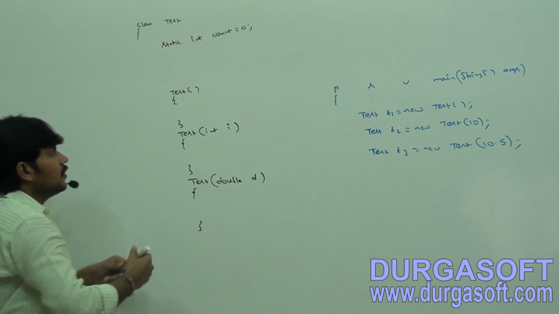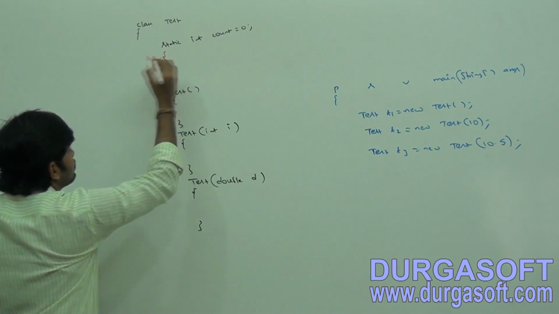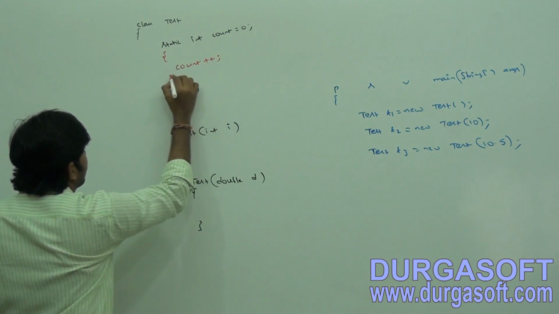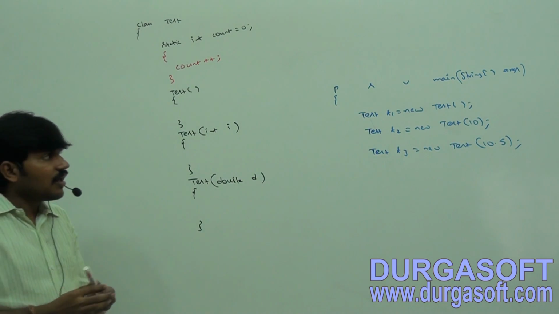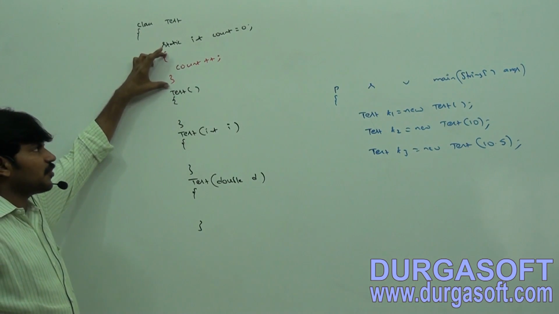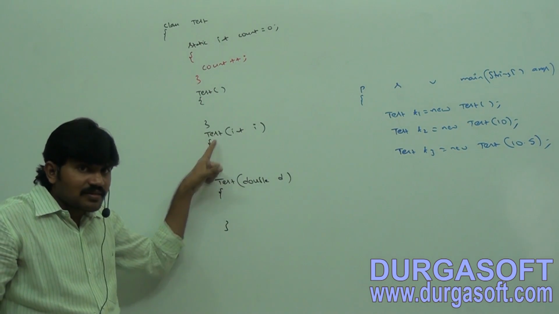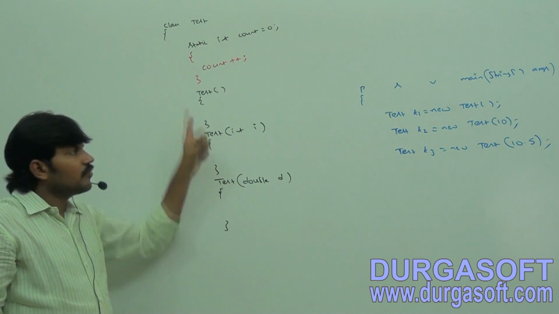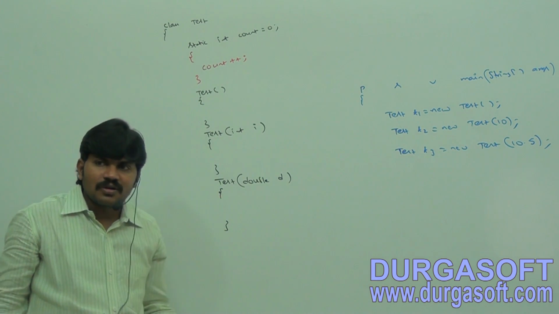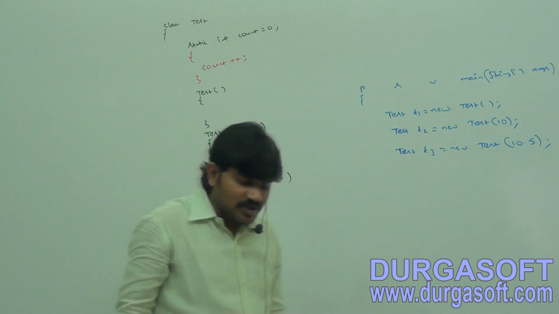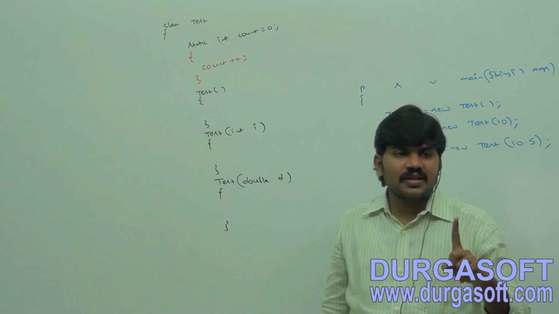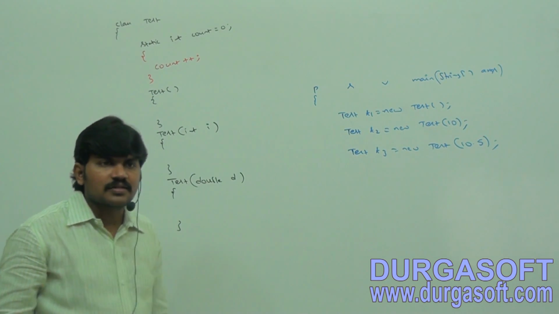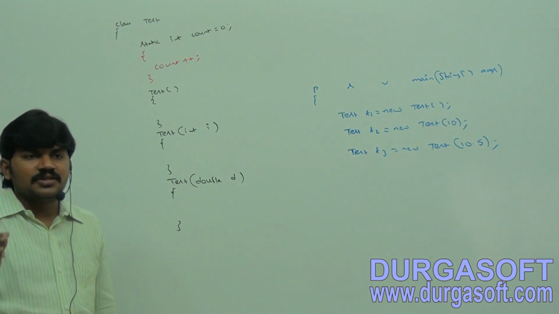What I will do, let me write an instance block, and within it I can take count plus plus. You may call any constructor, but first the instance block executes and then the constructor. So how many times do I have to write count plus plus now? Only 1 time. How many times? Only 1 time. Is it an advantage or not? Yes. Make sure, other than initialization,